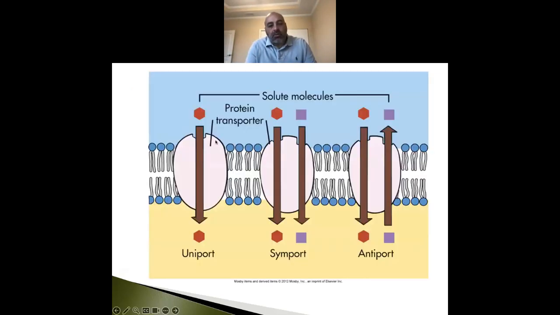All right, transporters. Uniport, one, uno. Symporter just means two things are traveling together. This is a co-transporter, and it is a symporter, meaning two things are traveling in the same direction. This is also a co-transporter, but it's an antiporter. They're moving in opposite directions.